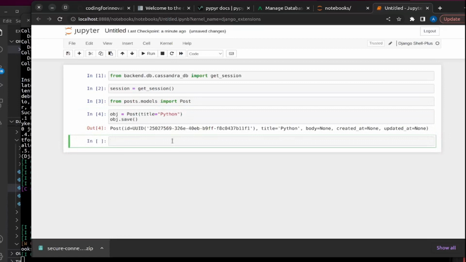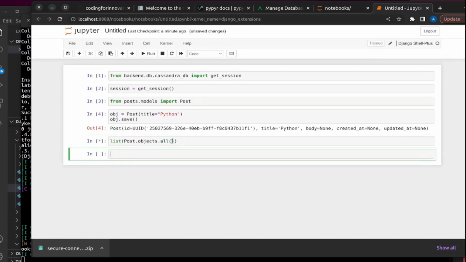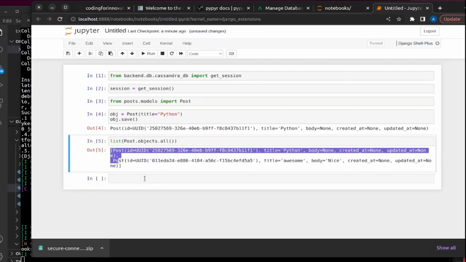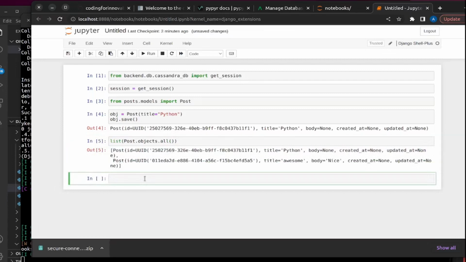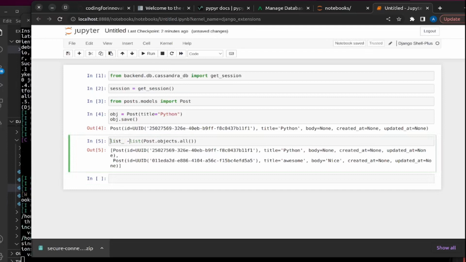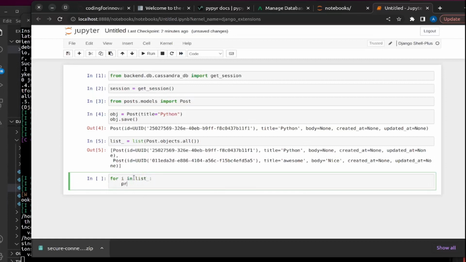And now list of Post.objects.all. It is very similar to the Django ORM. You can perform various functions. So I'll just call this list_, and then I'll save it. Yeah, and then for i in list_: print i.title,